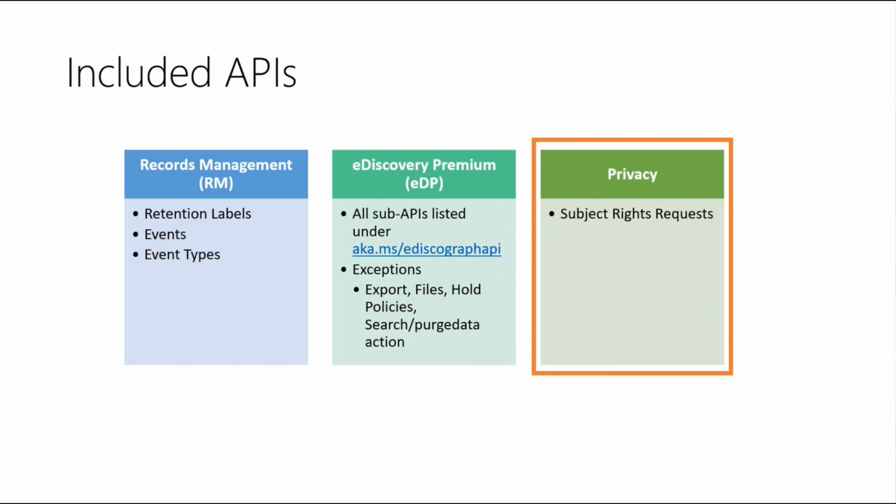Now, as I mentioned, there are 3 sets of SCIM APIs out there. Today, we're going to be focusing on the far right one, which is our privacy APIs. This relates to something called Subject Rights Requests, or SRRs. If you've ever dealt with things like GDPR or the California privacy laws, this is very much in that space. Things like the right to be forgotten, or what data do you have on me? If you're looking for that type of information within your system, basically inside of M365, there's a great way to find out what content is related to myself, or to another user, someone else that you're trying to get that subject rights request on.